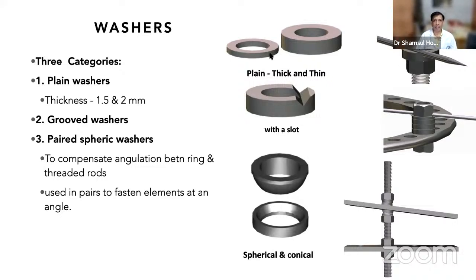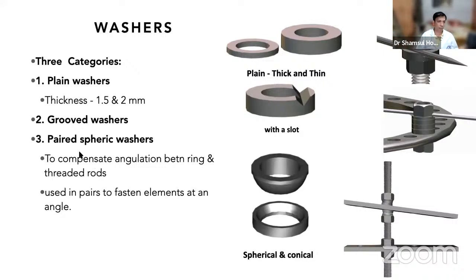So these are the plain, thick and thin wire. These are the wires to the slot. These are the spherical and conical washers. The spherical and conical washers can be used if you want to apply the plates, not the ring plates, in different directions for the attachments. These are very important. So we can use the slotted bolts in different directions. You can see the direction. It's going to increase the gap. If you want to apply one wire over here, then you can apply one wire at the upper level. You can see the different levels and the directions also.